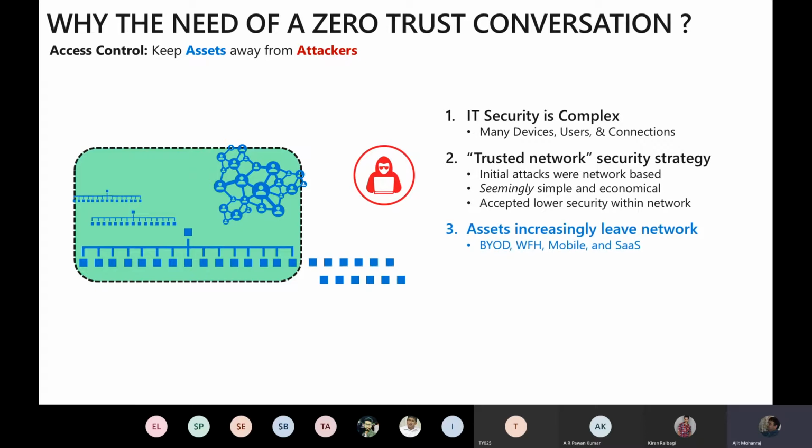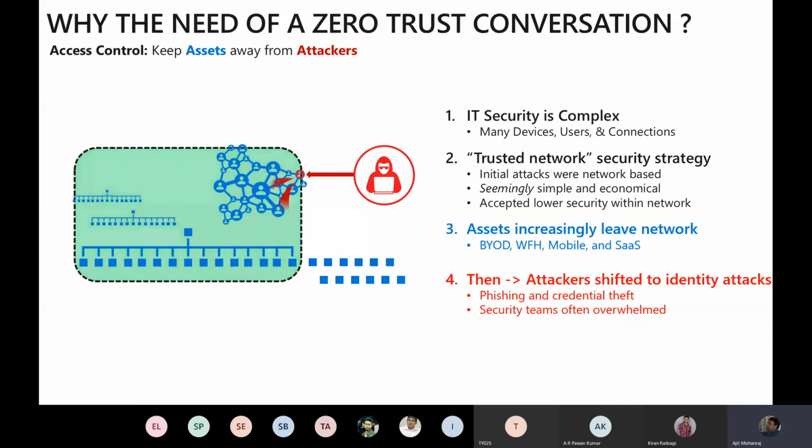But then what happened with this whole digital transformation push, and working with the customers and partners, a lot of us started moving out, right? And so there's no more that clear physical network perimeter anymore, right? So it was bring your own device, work from anywhere and things like that. And so even the attackers kind of changed their attack vector, right? They started shifting not to network level attacks but to identity based attacks now.